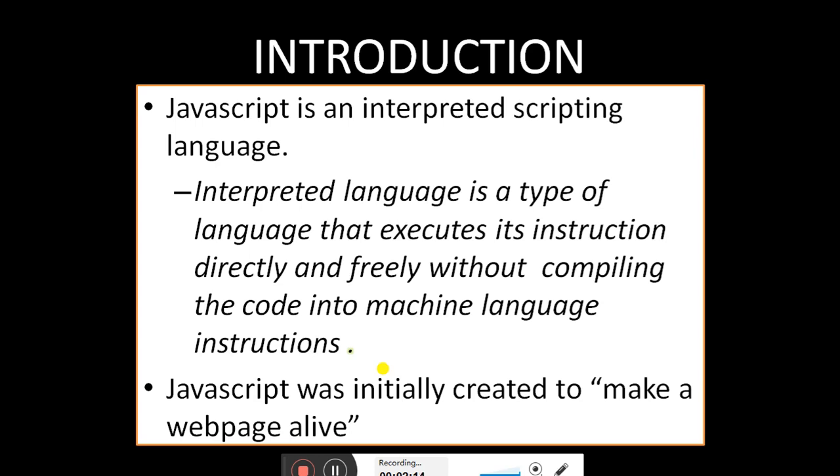There are two processes in other programming languages. Before execution, the code has to be compiled first. If the code is error free, only then will it be sent for the execution process. Otherwise it will pop up the error message and discontinue the program there. But if you are using JavaScript, then you can directly execute your program. There is no compilation process. You can directly execute your program on a web browser.